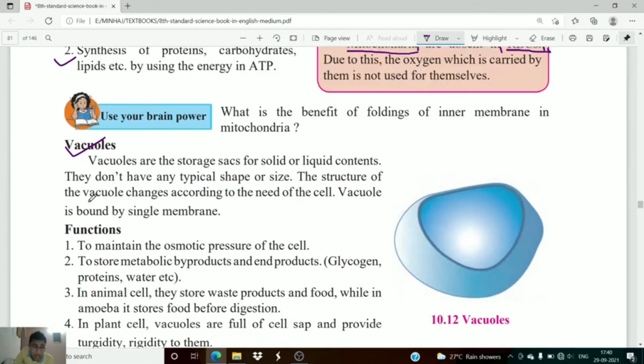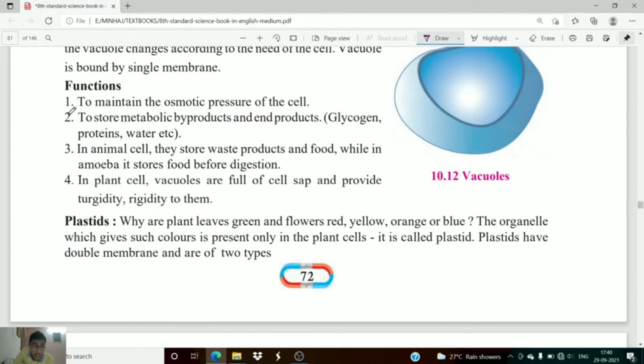Now the functions of the vacuole are, first, to maintain the osmotic pressure within the cell. Second, to store metabolic byproducts and end products. Whatever byproducts are generated will be stored by this organelle called the vacuole, and it will also store the end products. Suppose 40 joules of energy is required and the generated energy is 50 joules, then definitely 10 joules is extra, and that extra 10 joules will be stored by the vacuole,